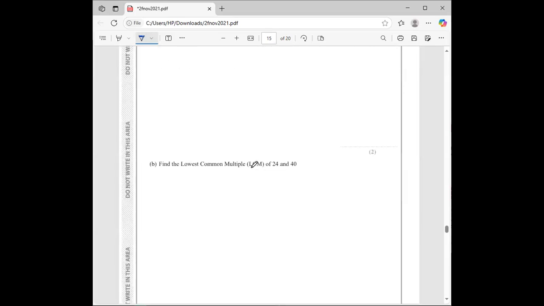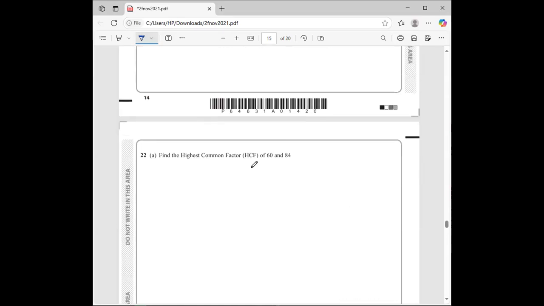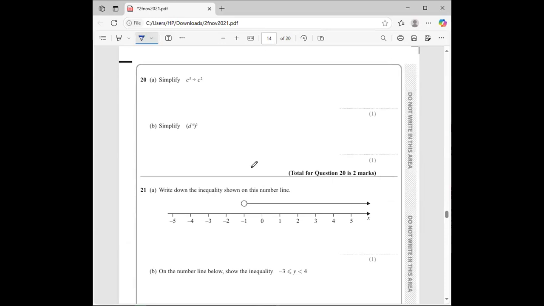All right. HCF. I believe you are good with this one. I saw what you did back there with HCF and LCM. So those ones are minimum. Okay, so let's see. These ones look like indices problems. Okay, let's quickly do them. C raised to power 5 divided by C raised to power 2. That's C squared. Okay, so remember